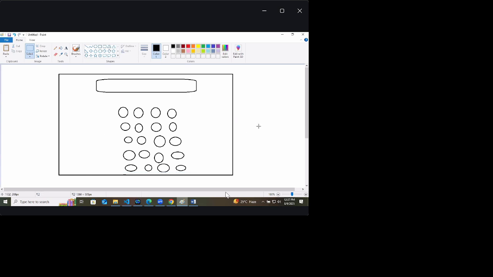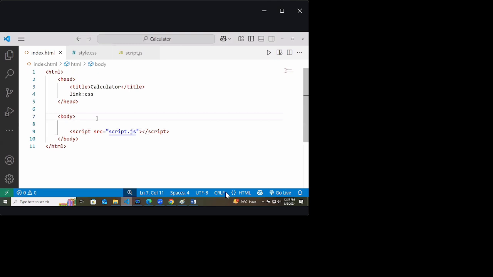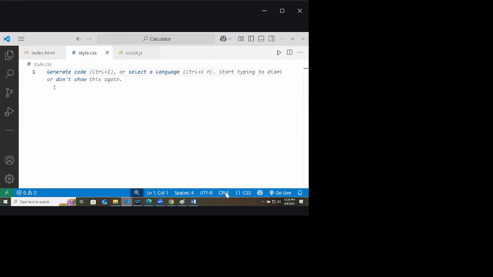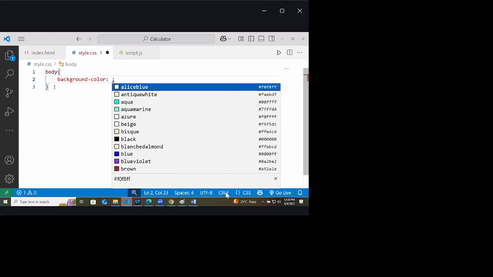So at first we have to create this structure. So inside body there is going to be a div with the ID as main. And go to style.css, to the body at first, give a background color.